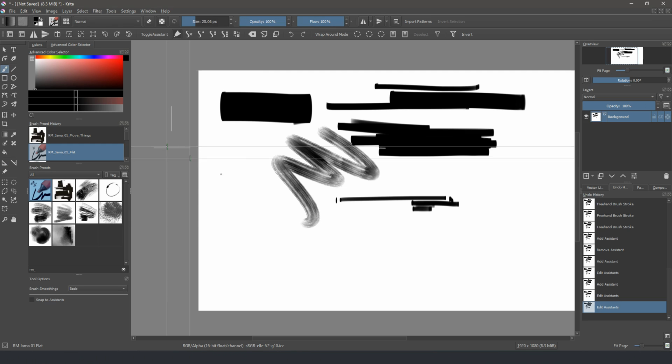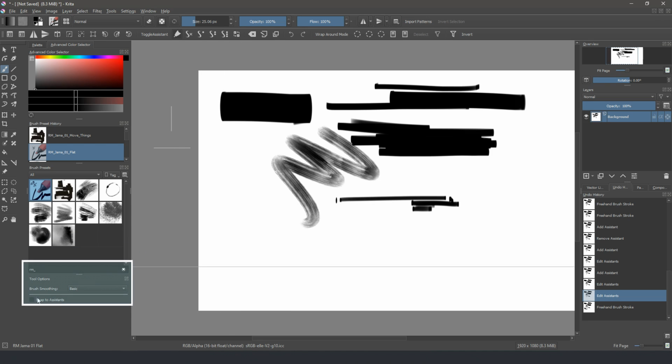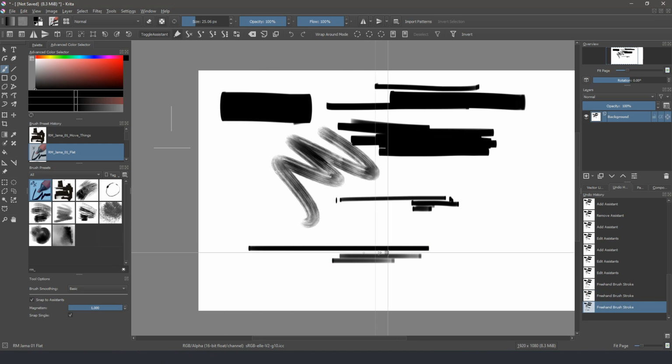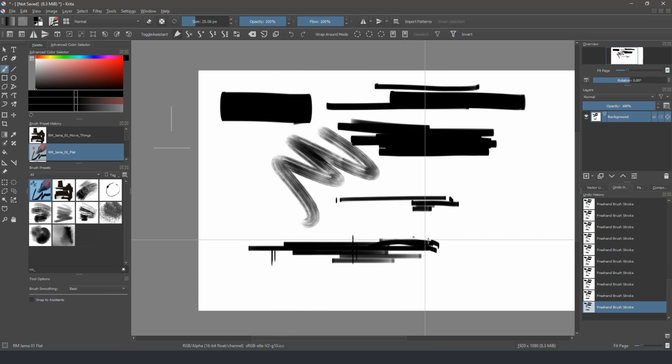And you can see if I start to draw something, nothing happens, but I can see a preview of the lines that I have in this place. So I have a shortcut that activates this in the tool options, which usually is right here, the tool options docker, and if I press the key, it activates the snap to assistants. So now I can paint just vertical parts as you do with your sketches, and you can see